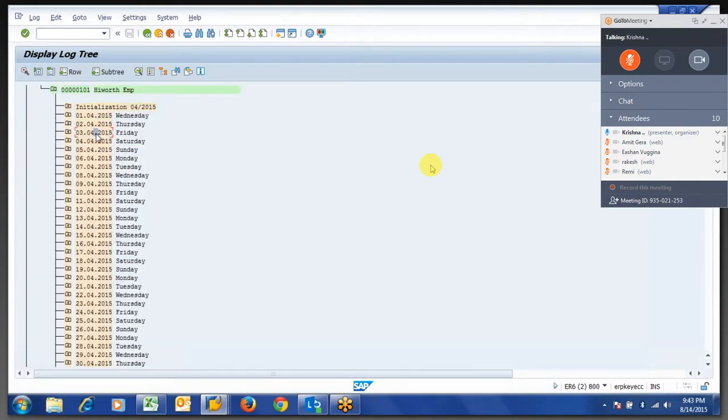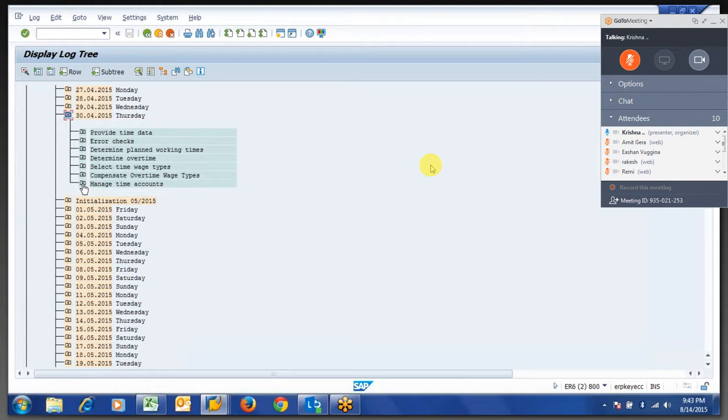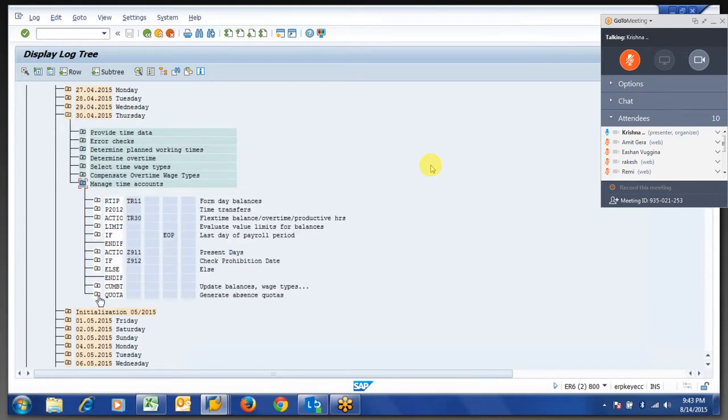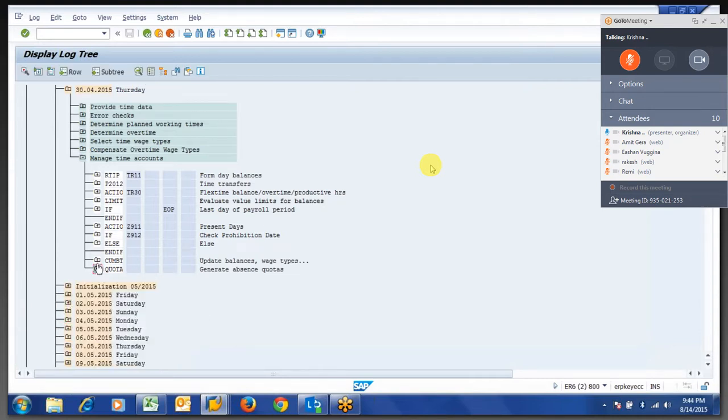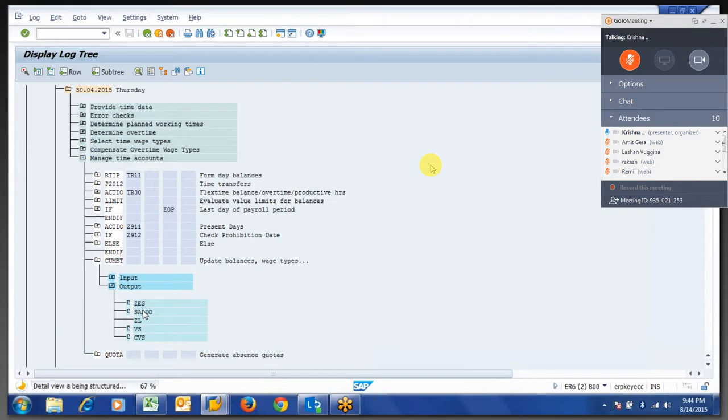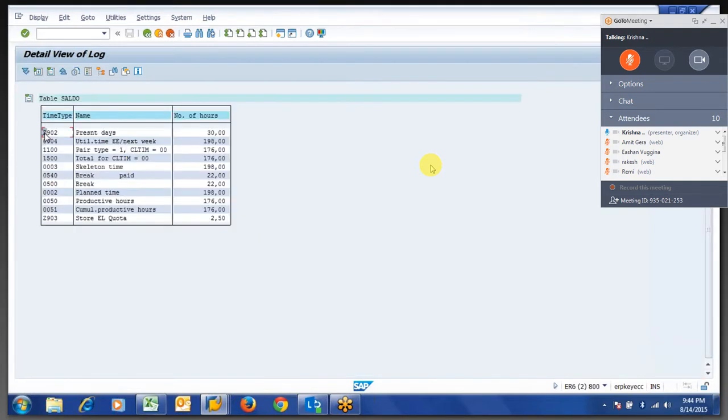Whatever the time type we are generating, it is with that new PCR. If I add to the month balance or day balance, there won't be any issue for us, but it will store. Here I am pushing, so we don't require any particular day on which it was generated.